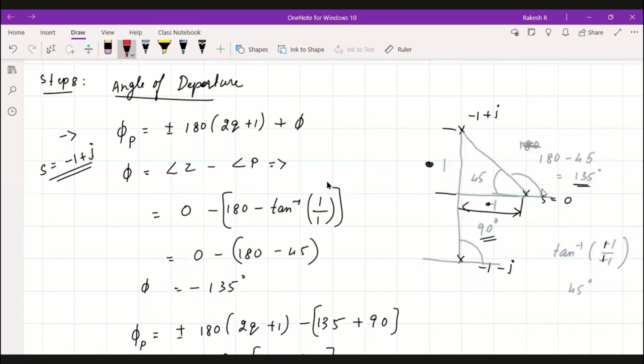For the below one, if you get 45 plus 360, you will get 405, then plus 360, the next term will be 765, like that. For the above one, minus 45 plus 360, you'll get minus 315, like that. If you take one more term, you'll get the same thing, minus 45 degree only. That is what the q value is there.